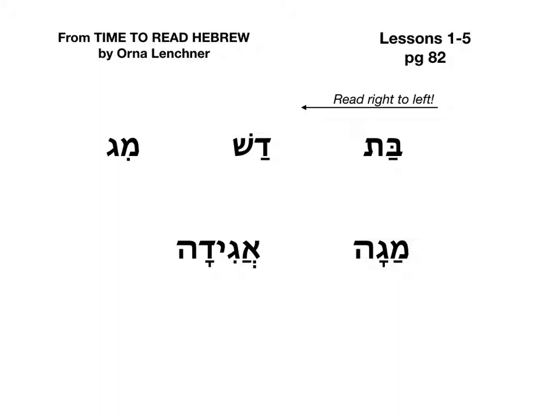Notice we saw a tav before in the first slide and it had a dot in it. Long time ago, a tav with a dot in it made the T sound, and a tav without a dot in it made an S sound. We don't distinguish those different sounds anymore. We make them both a T sound in modern Hebrew. And when we read Hebrew prayers, we do. Only